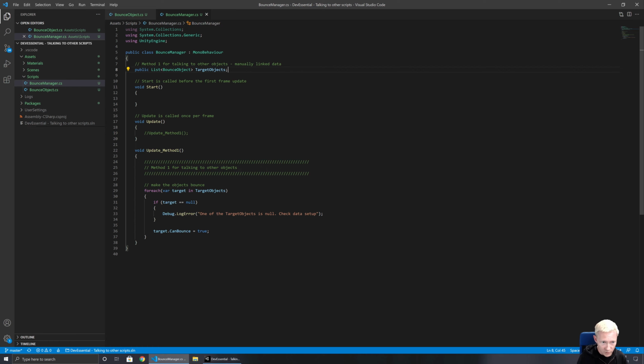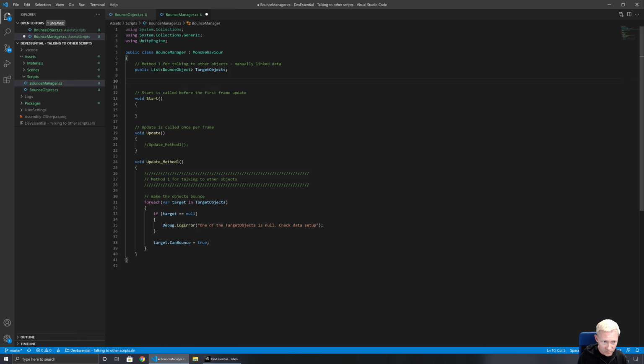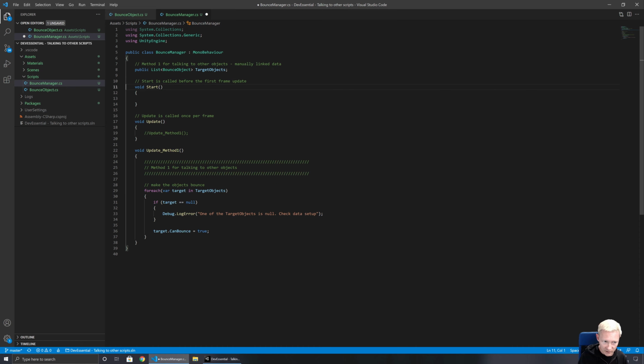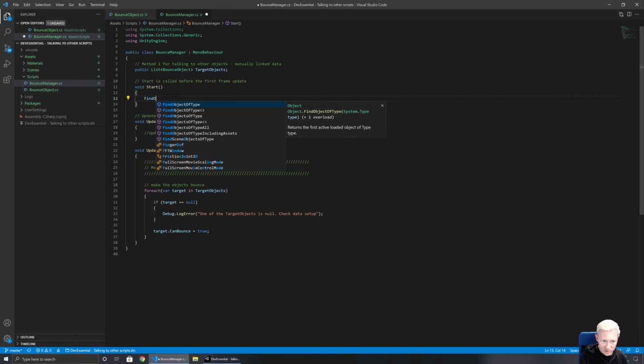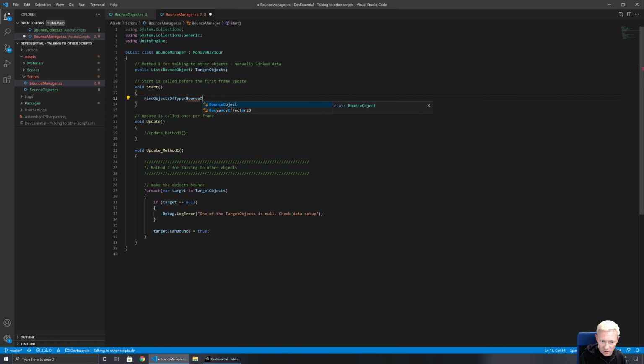So what we could do is actually find those objects. We can find them via a range of different methods, but one of the ones that we've got is find objects of type. We can also use find object of type if we just want the first thing, or if there's only one of a particular thing. Find object will give us back one. Find objects will give us all of the particular one. So we can say find objects of type bounce object,